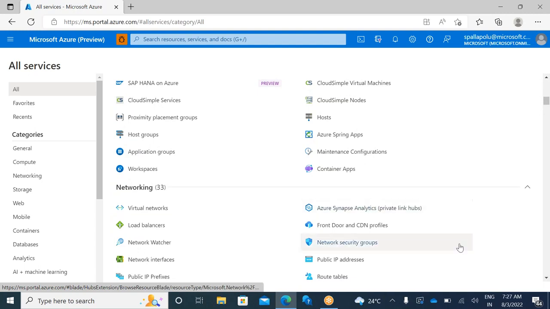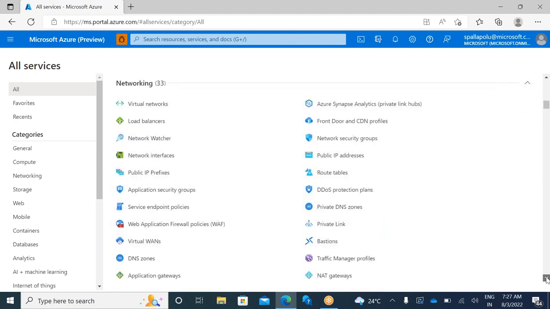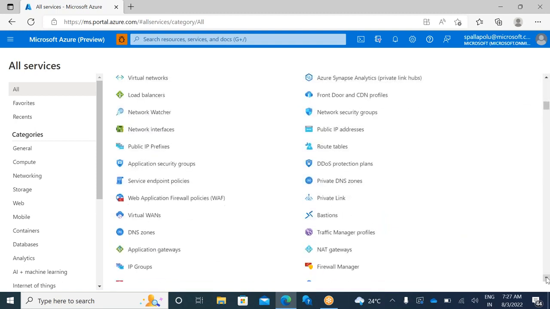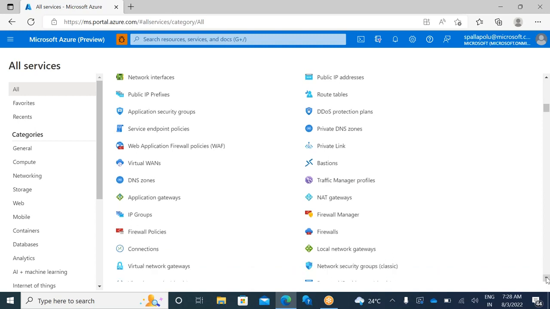All these are different services, guys. Based on your requirement, you can create these services. Under the networking category, we have virtual networks, load balancers, network security groups, network interfaces, public IP prefixes,